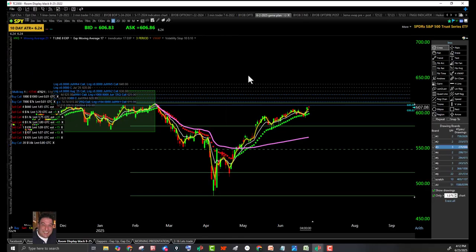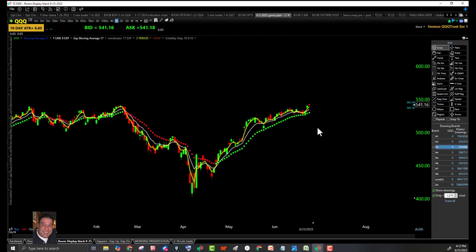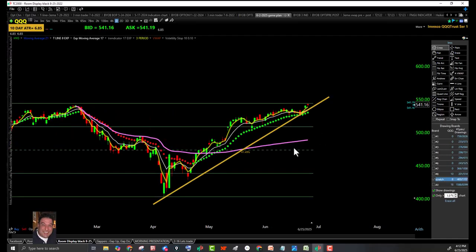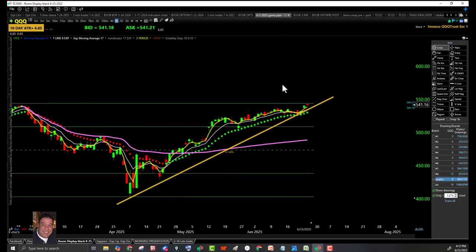So that's SPY. Let's take a look at QQQ. Oh, by the way, QQQ made new all-time highs today. Okay, so it doesn't get any better than that. New all-time highs. Just doesn't get any better than that. Let's take another look at